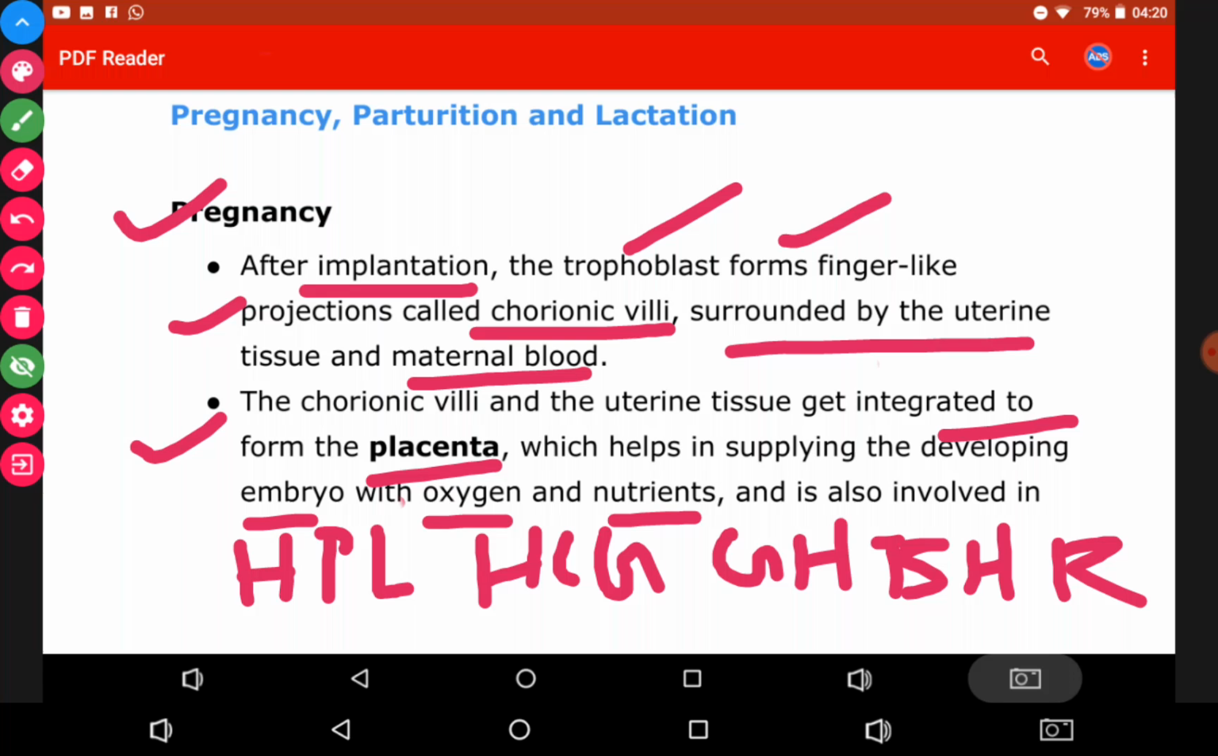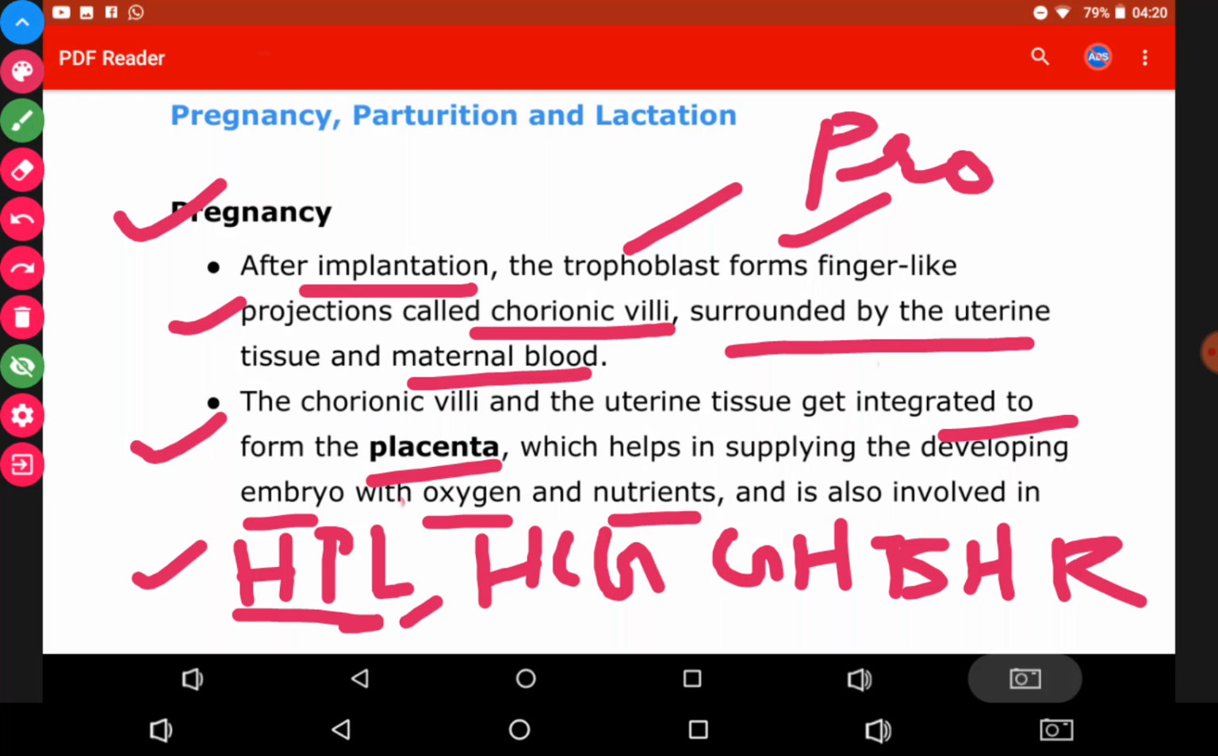with oxygen and nutrients, right. So the placenta is a vital connection between the mother and the developing fetus, which helps in supplying respiratory gases and nutrients, and also eliminates the excretory material formed inside the fetus, transferring it to the excretory organs of the mother. Okay, so